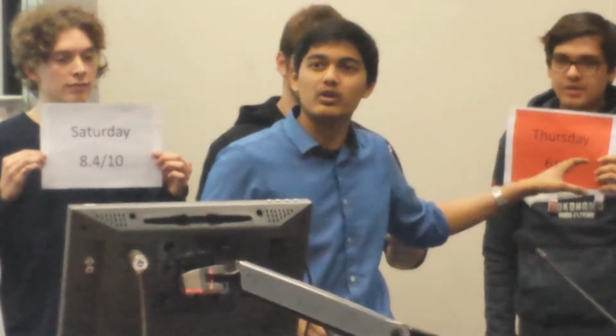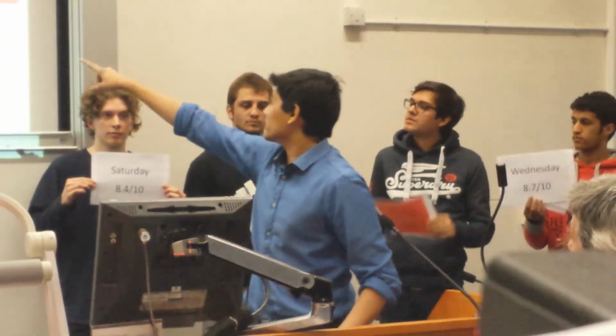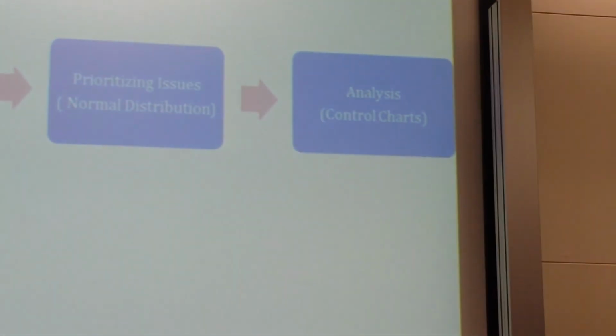So what do I do here to identify what the issue is? I try to use SPC, that is statistical process control. The first thing you can see is Thursday it's 6. So how can I identify the issue? The first thing I would do is take the